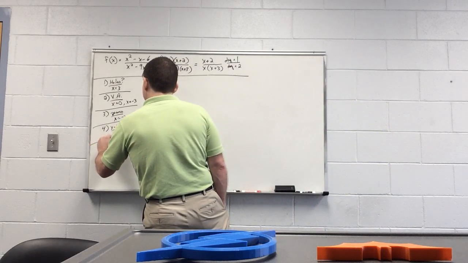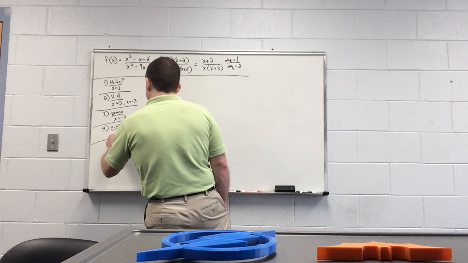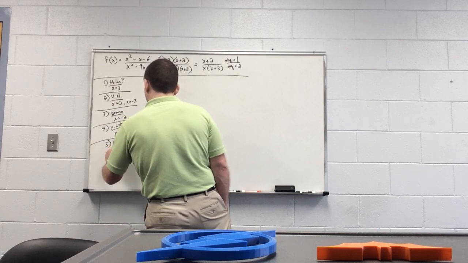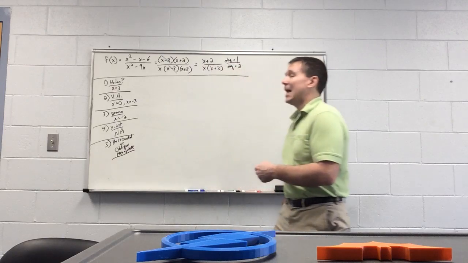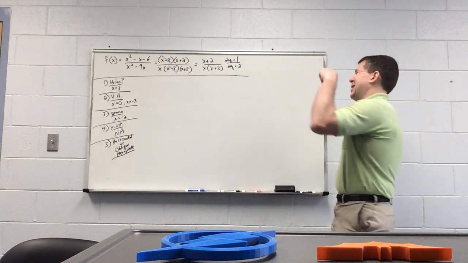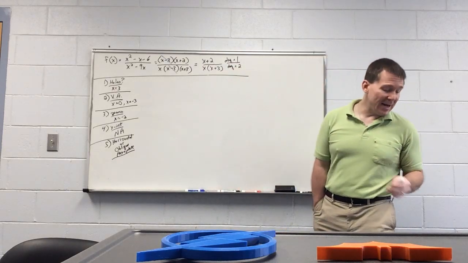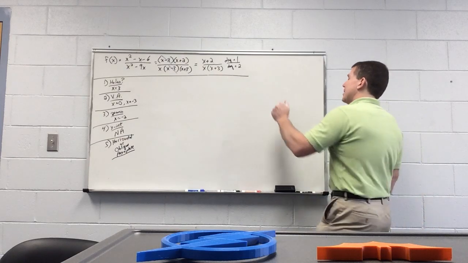The last thing I need to know is if the function has a horizontal or oblique asymptote. Which from here on out, I'll just call H or OA, so I don't have to write all that. And the way it works is, we look at the degree in the numerator and the denominator. And the rule is,